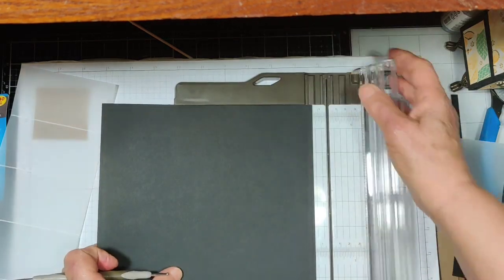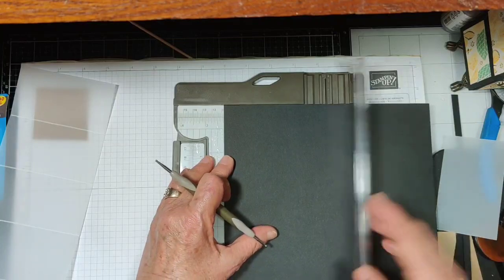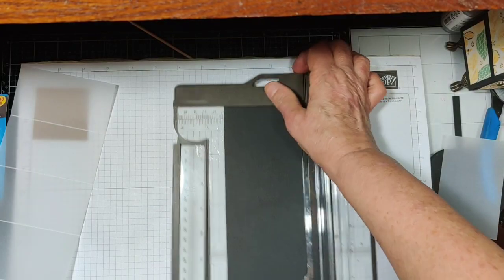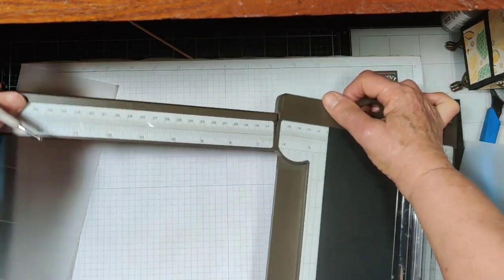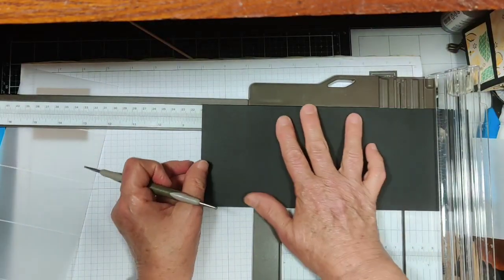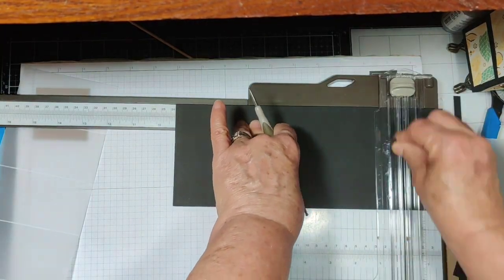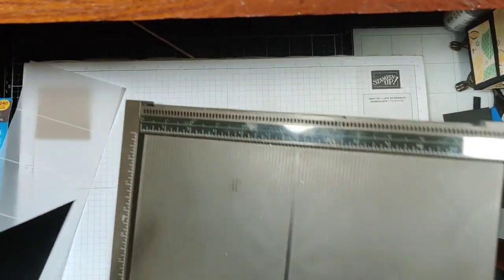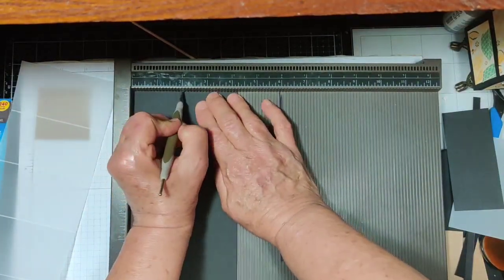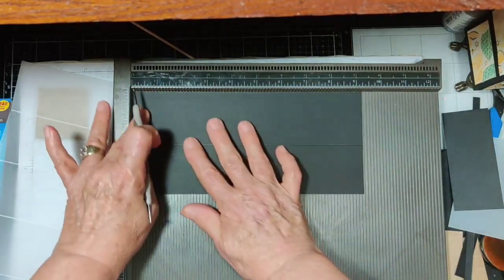Okay, I'm going to take a piece of black cardstock and cut it at 4 1/4. Now I'm going to take it the other way and cut it at 9 1/4. Take my score tool and scoreboard, score it at 2, flip it on the long side,